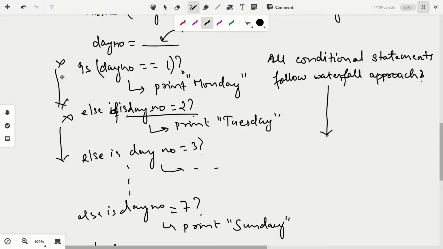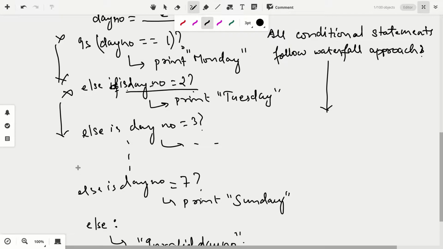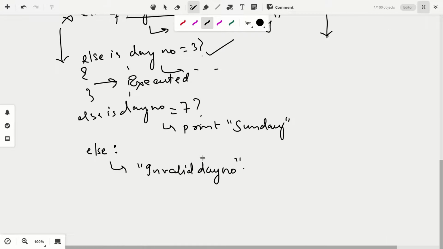So one by one, from top to bottom, it will start flowing. The moment it finds a matching case, it will execute its block, and then the rest of the following cases will be ignored.